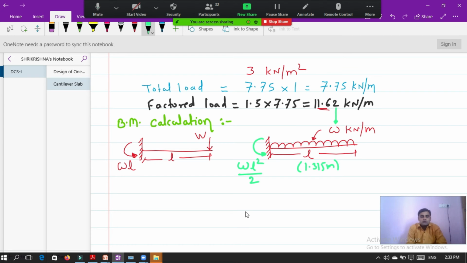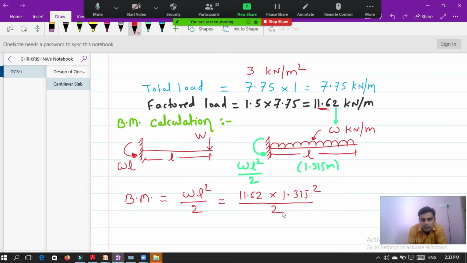Okay. So now we will calculate the bending moment. Bending moment is equal to WL square by 2, which is equal to 11.62 into 1.315 square, whole divided by 2.